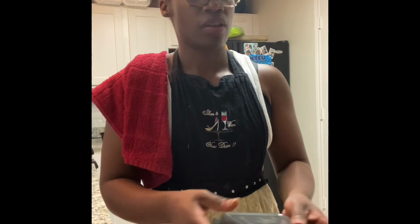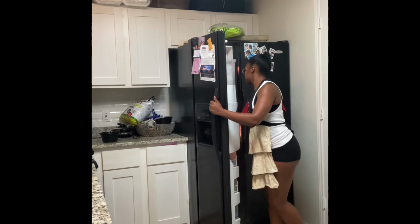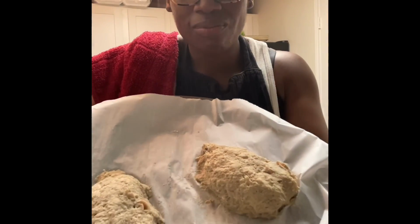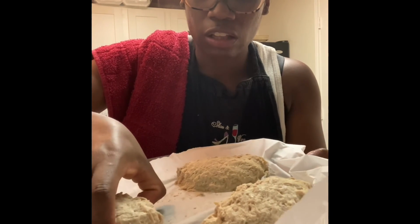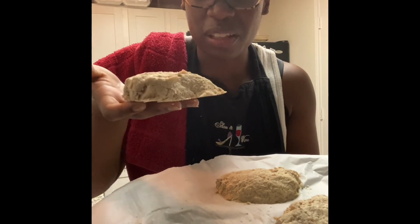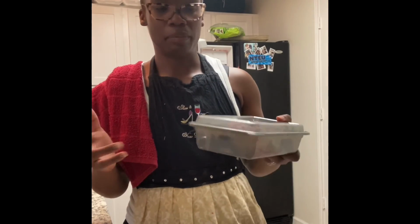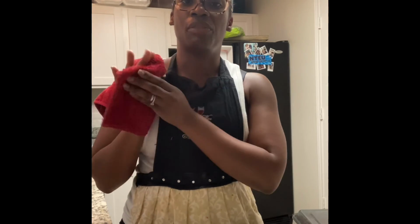All right, and let's look at the chicken. Already kind of firm and frozen. Pull from the parchment paper, and you can steam this up and use it as your chicken replacement. So there you go. 3 different meat uses that you can utilize, vegan meat of course, throughout the work week